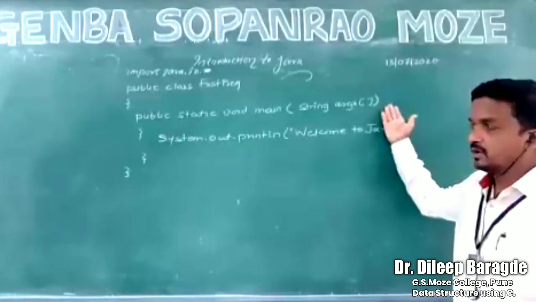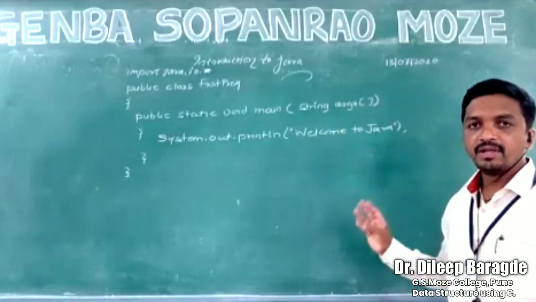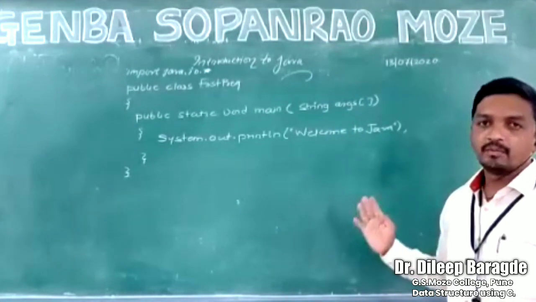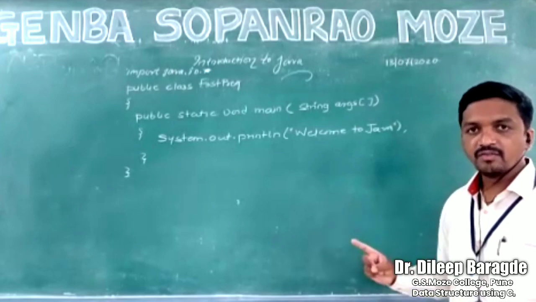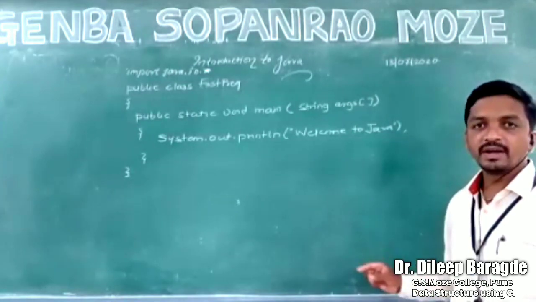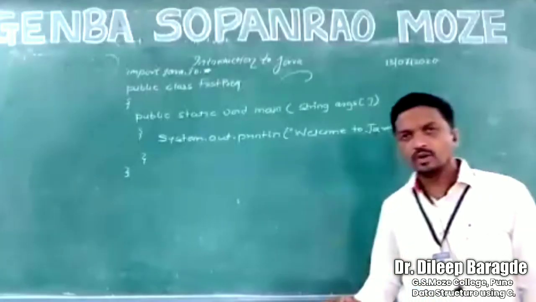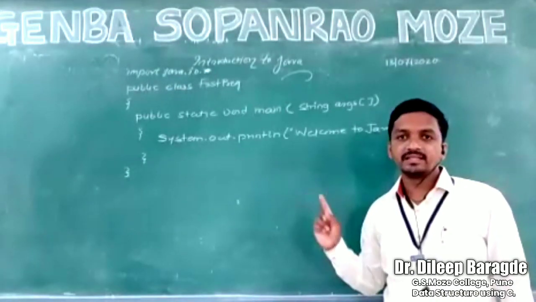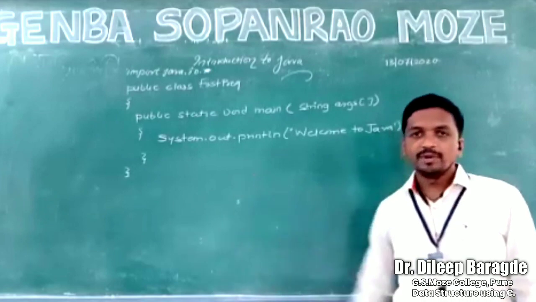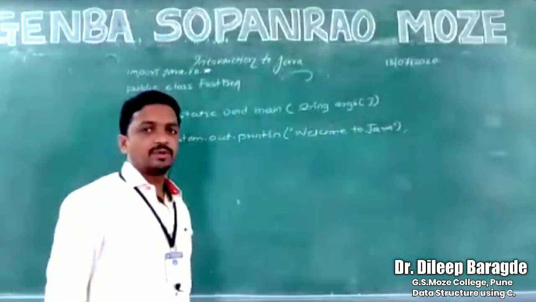Got this? So why are we writing this statement? You should be able to understand. Public static void main, right? Opening bracket, capital S String, args is the variable name, and the array symbol, the square bracket, is there. So an array of arguments is there. Square bracket complete. So whenever you want to write the main function, you have to write all these statements as they are, all in the same line. Now opening bracket, again opening bracket, second opening bracket. So this is the opening of the main function.